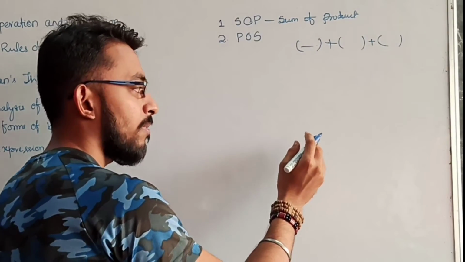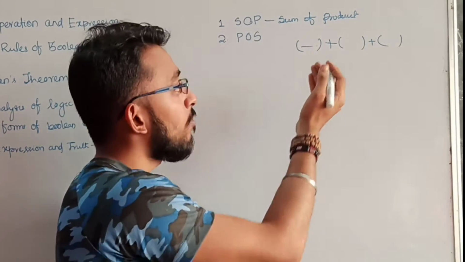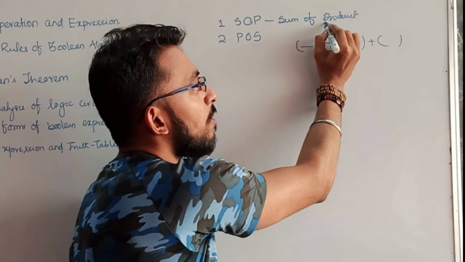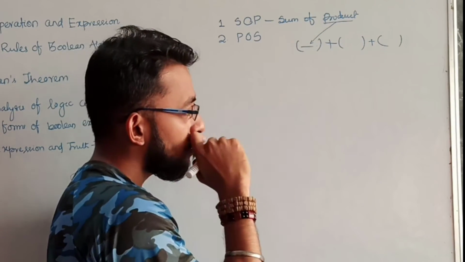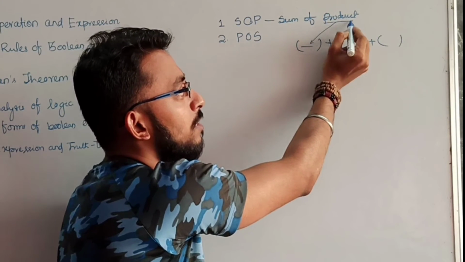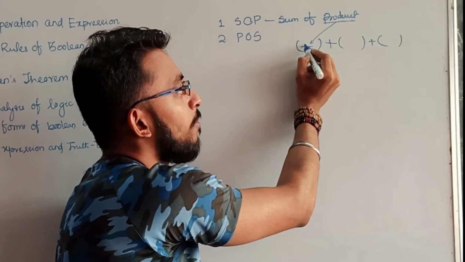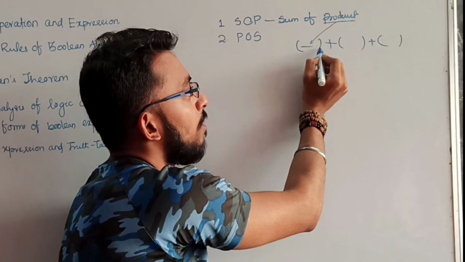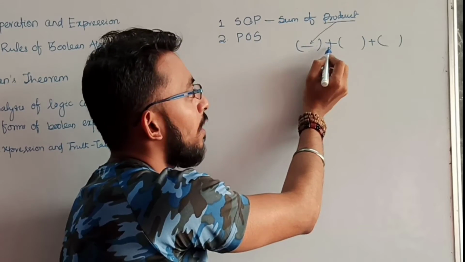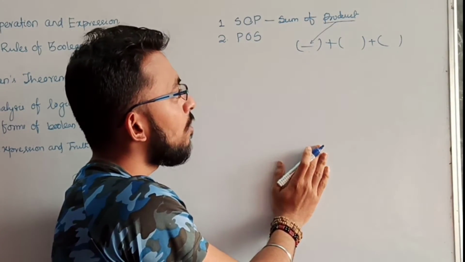And if you are not very good at English like me, you can remember it like this. If the product term is written last in the expression, it means you have to product first. In sum of product, the product is written last, so I have to product first. Then the sum, which is written first, comes. First they are producted, then they are summed. So this is the representation.